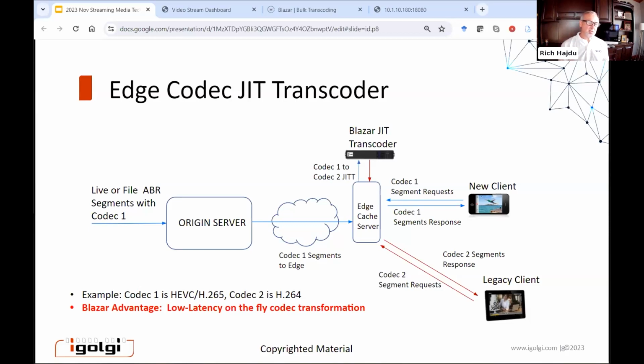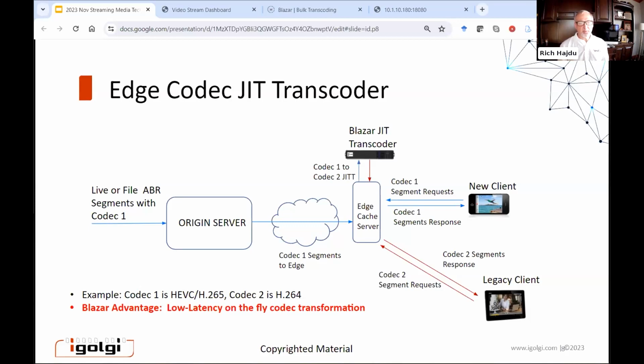What happens is that the devices start to adopt newer codecs that are more efficient, but then in order to take advantage of that, the network operator has to serve both the legacy devices that don't support it and the new devices. So you basically end up with both codecs encoded and stored and distributed through the network, which is very inefficient. So what Blazar allows you to do is to handle that transition